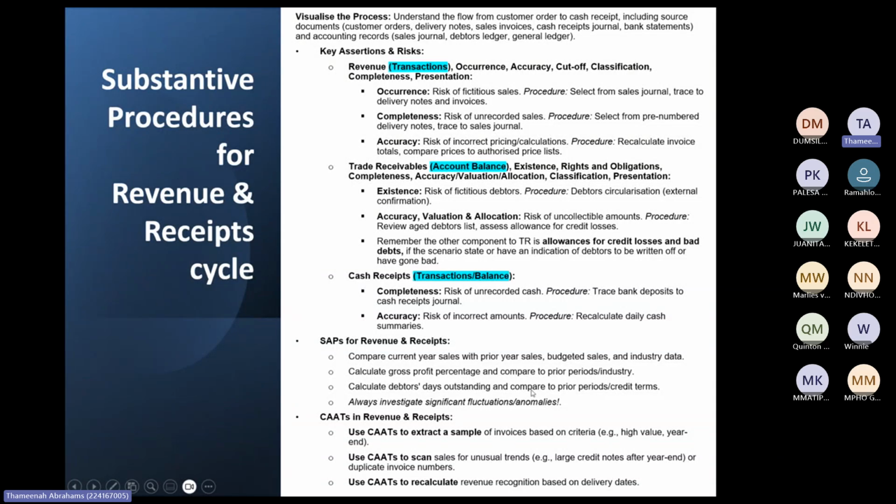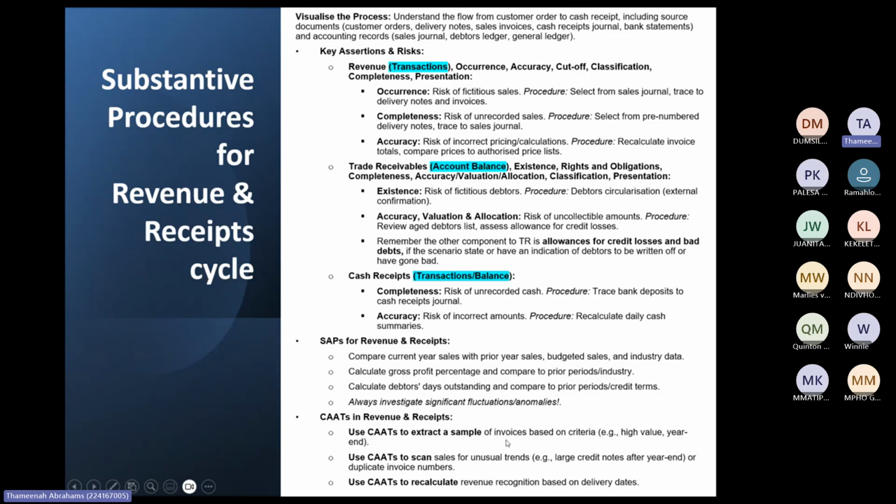So you see, it depends what you are discussing. If you discuss revenue, you can only discuss analytical procedures relating to revenue. This one over here, debtors days, relates to trade debtors. So when you discuss that, then you must discuss trade debtors analysis and so forth. Then we really kind of touched on this.